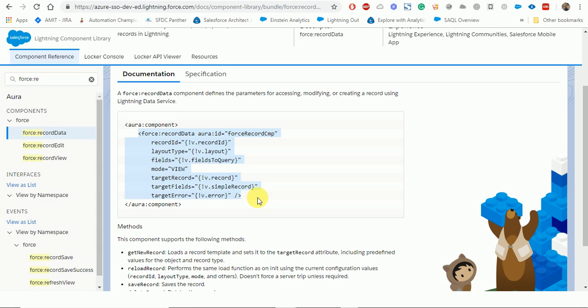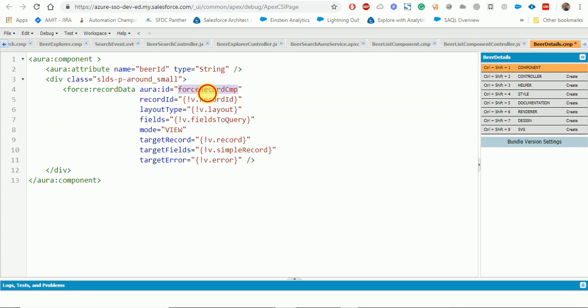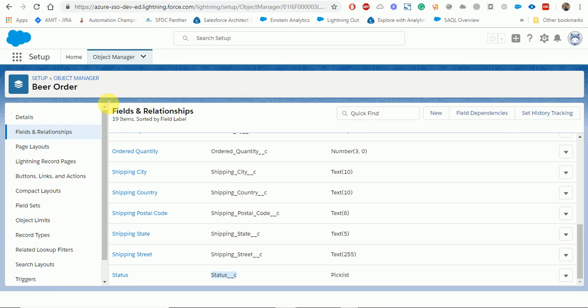Here we have different fields. Just copy here our IDs, whatever we want to provide, and then for the record ID we need to provide the record ID. For the layout type we have two types, one is full and the other is compact. If you provide full, we will get all the details. Let me show you.